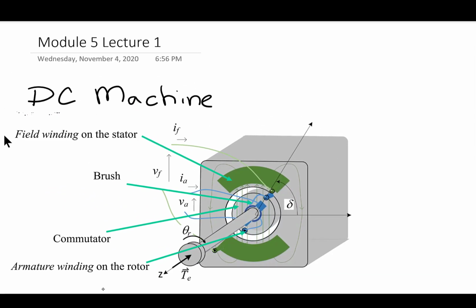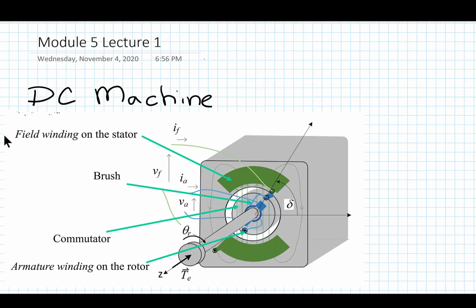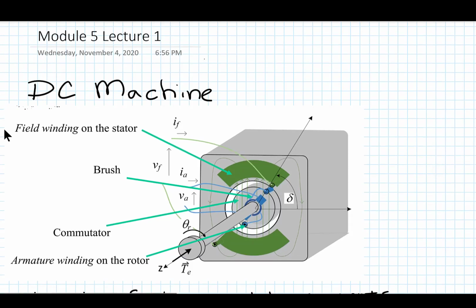I want to start by returning to this picture of the DC machine. This is how we introduced the Lorentz force law, if you'll recall. And we were pointing out that in order to produce torque on a rotating shaft, or a shaft that is allowed to rotate,